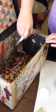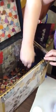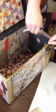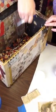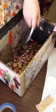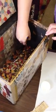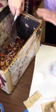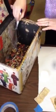So one jar of Mod Podge will last you a good long while. This is the second case with it. It's amazing that this product's been around this long and that it's really seeing a resurgence. Put a coat or two over it, let it dry, sand it, and then seal it again. And then it's waterproof once you've sealed it again, right? Well, pretty much, or you're going to put